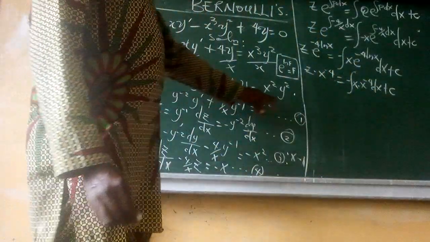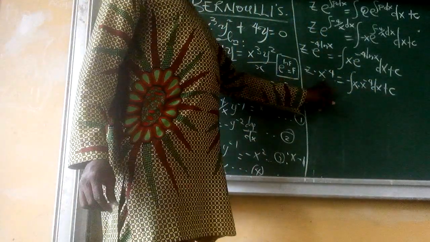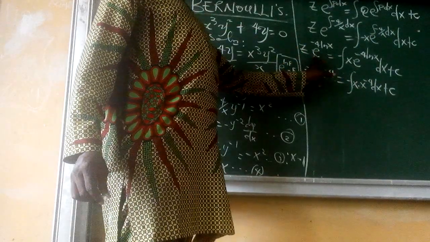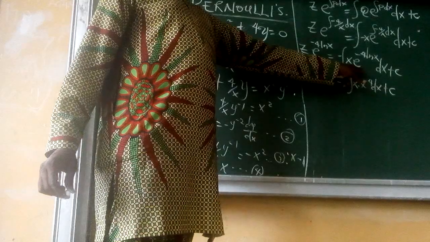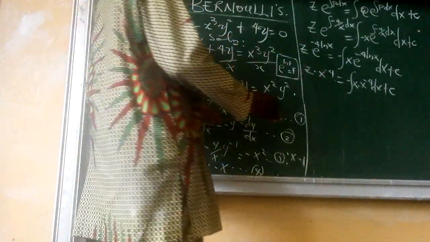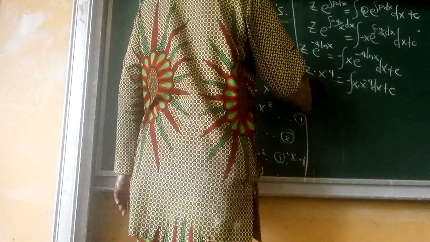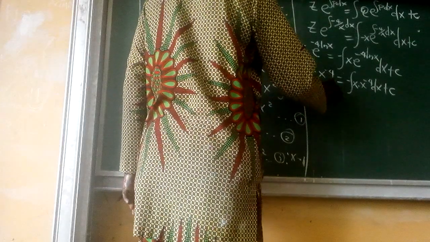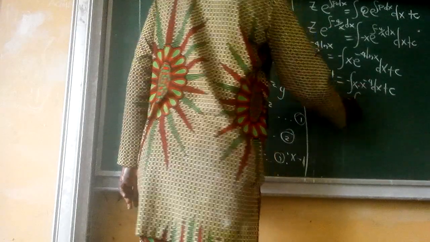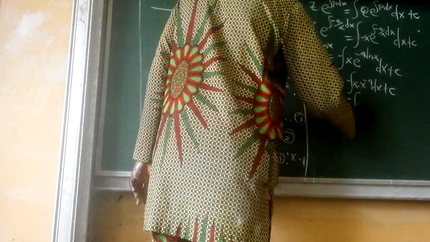This is exactly what transpired here. So it is a replica because it's an integrating factor. It appears here on the left-hand side and it appears on the right-hand side. Take notes. So at the end of the day, we'll be having z times 1 over x raised to the power 4 is equal to minus integral of reciprocal